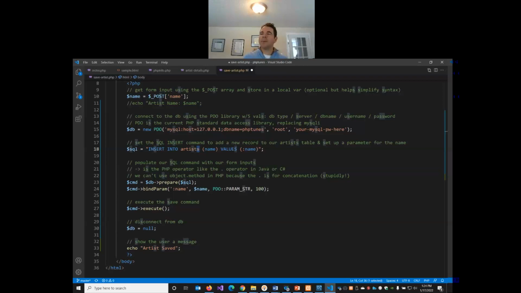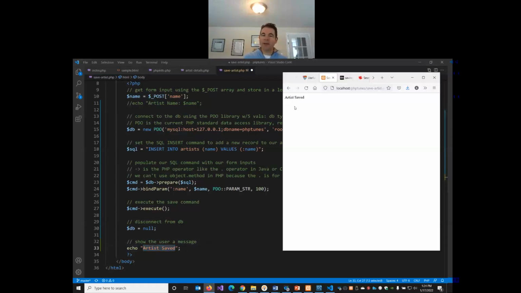When you hit save on the page, well, it should load a page that says artist saved. I get artist saved. If all this code executes, it should say artist saved. If nothing's appearing in Workbench,